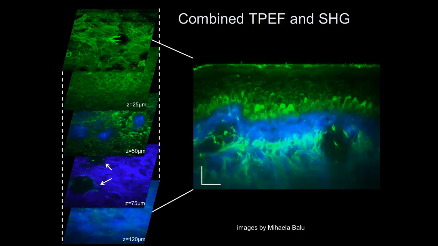Yes? You said melanin has two-photon fluorescence. Do you have any kind of feel for what different levels of pigmentation do, how that impacts the two-photon fluorescence in a patient, say, with type 1 skin versus type 5 skin? Yeah, so